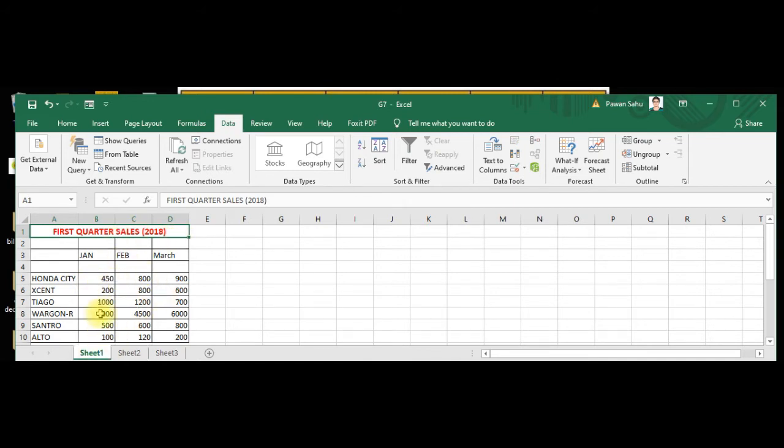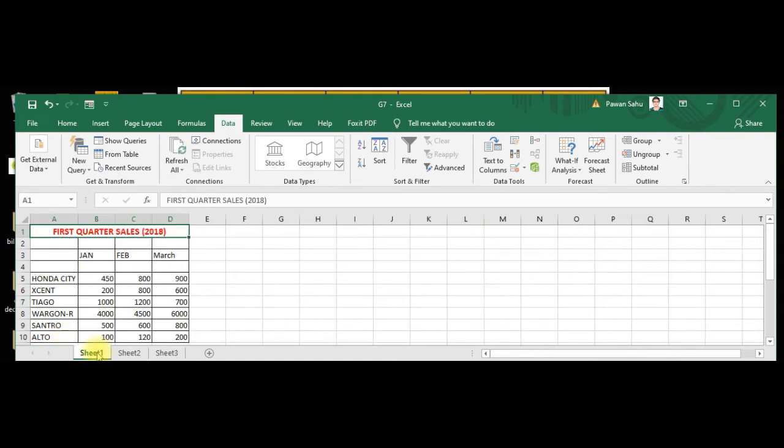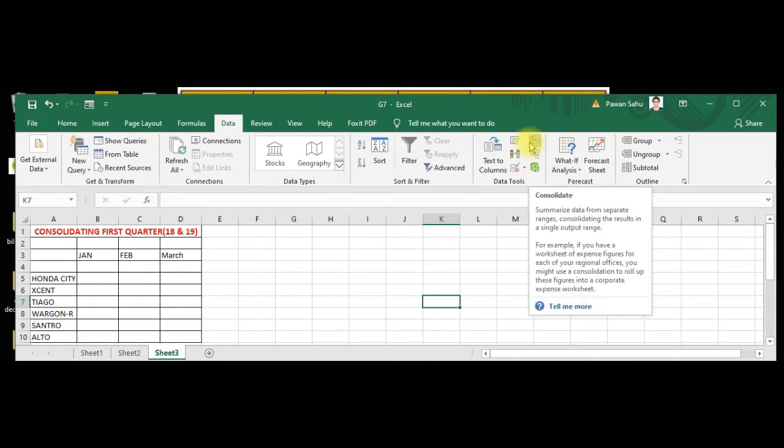In sheet 3 we have the consolidating first quarter. These are the names, and now I want the sum of this and this. To get the sum of the first quarter of 2018 and the first quarter of 2019, we can use the consolidate function.